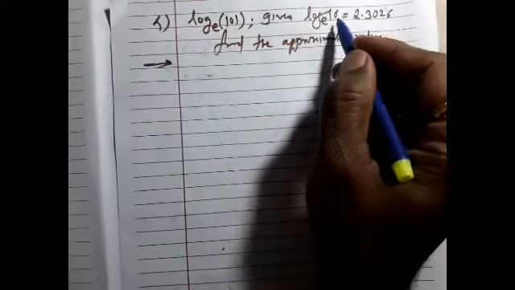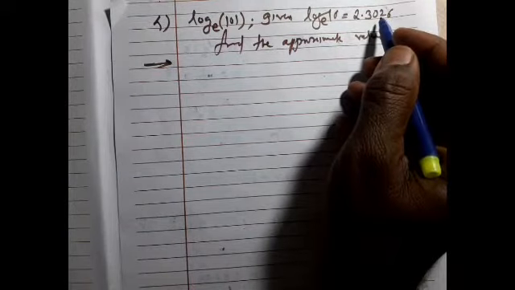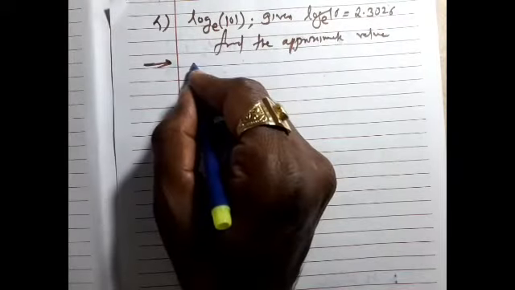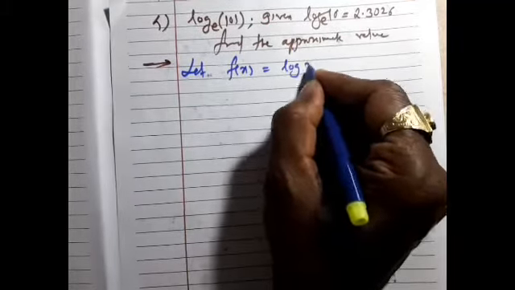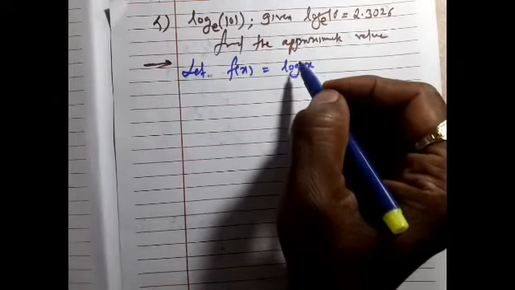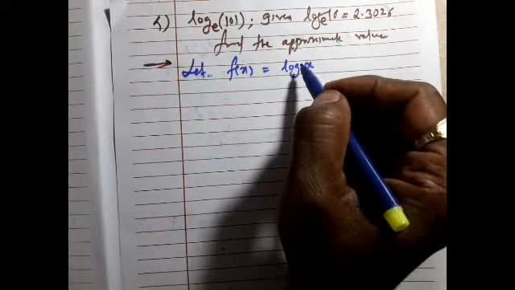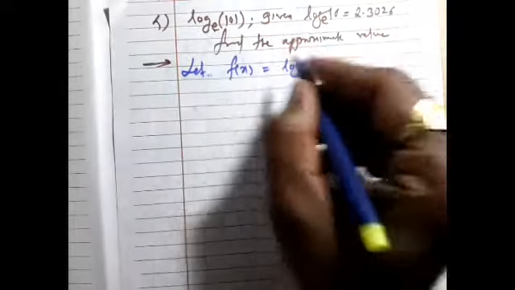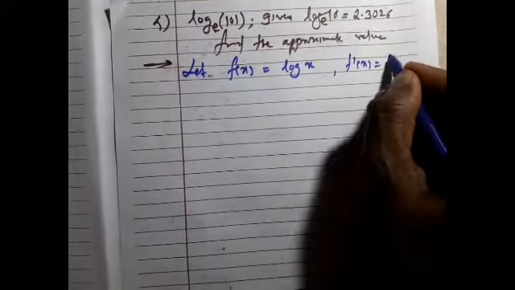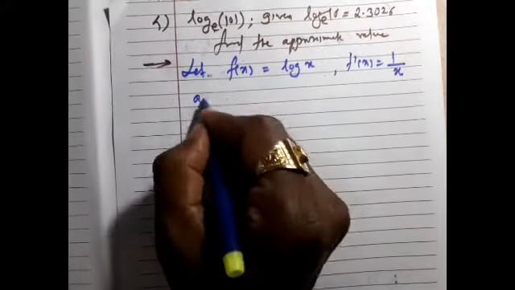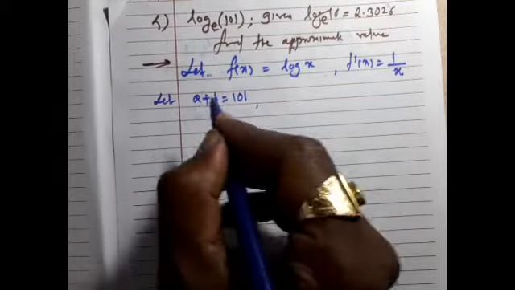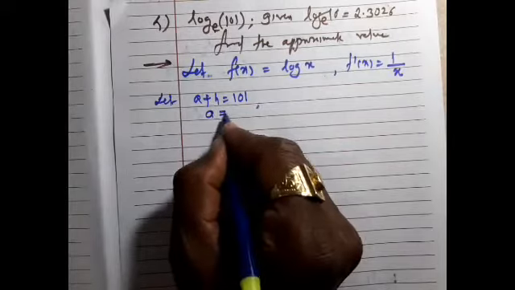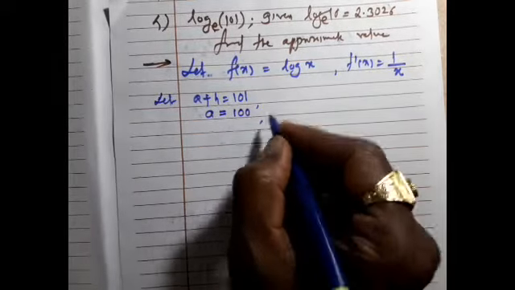Now example number 4, log 101 to the base e, given log 10 to the base e is 2.3026, find the approximate value. Just like previous example, let f of x is equal to log x. Be careful, for finding derivative, base of log must be e. So it is e, so no problem, no adjustment. So f dash x is equal to 1 upon x. So here a plus h is equal to 101. So choose a such that whose log can be found without using log table, that is 100,